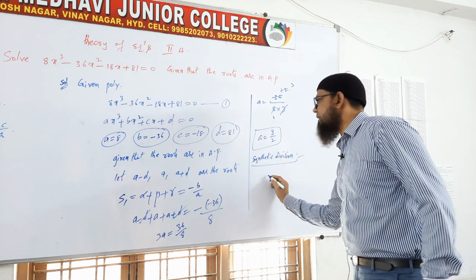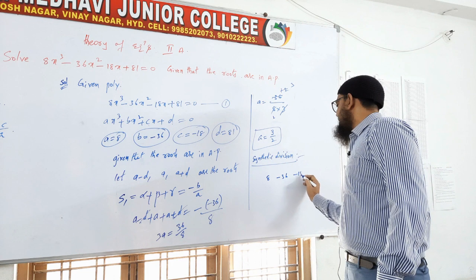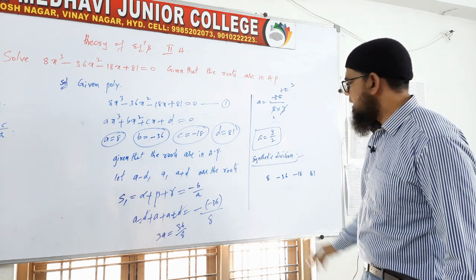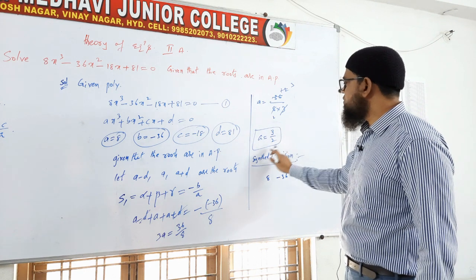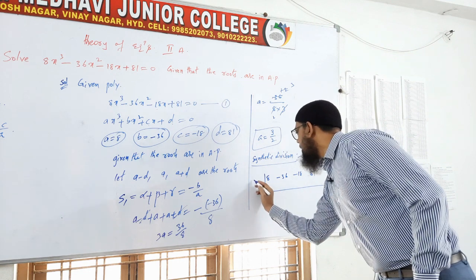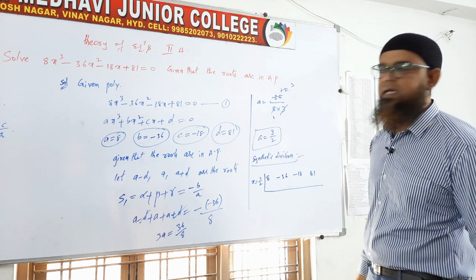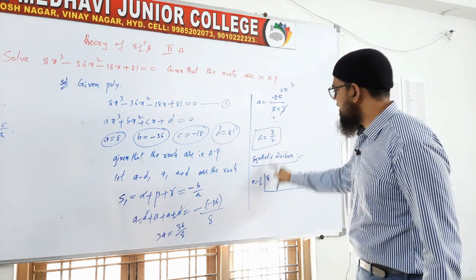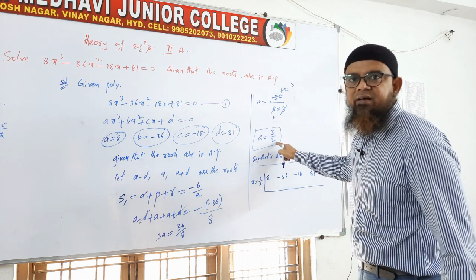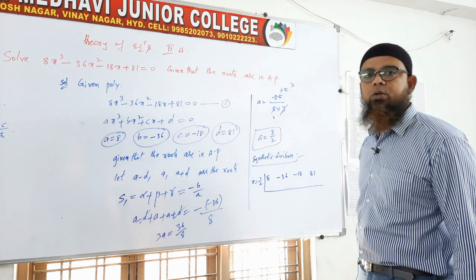Those coefficients I am taking here: 8, minus 36, minus 18, the next one is 81. These are the coefficients here. For these coefficients, we are using this root here. The 3 by 2 root I am going to use. Now, x is equal to 3 by 2. Don't confuse yourself. Here a is equal to 3 by 2. Sir is taking x is equal to 3 by 2. Actually, this 3 by 2 is the value for x only. So I am taking x is equal to 3 by 2.